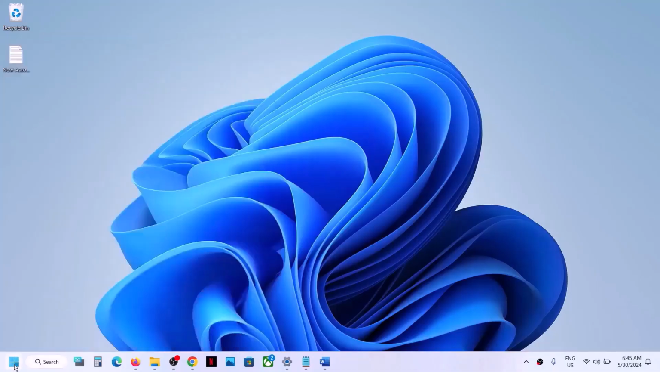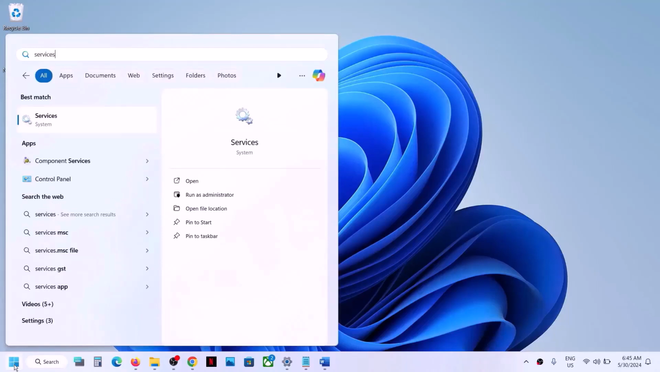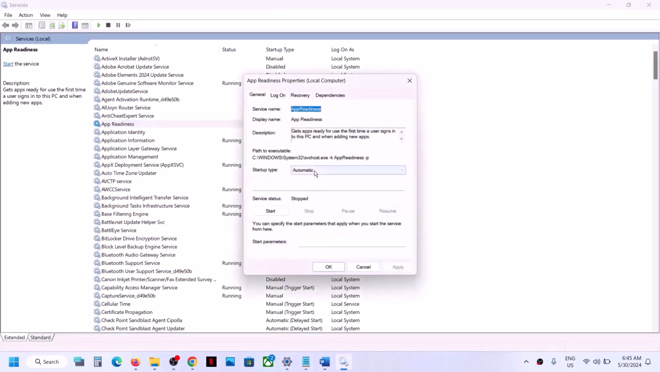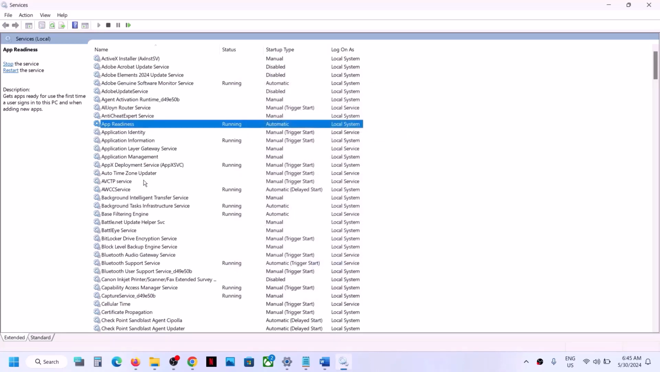The first step is to type in services in Windows search box and then click on services. Now over here you will see App Readiness service. Make a double click on App Readiness and then set the startup type to automatic. Now click on apply, click on start if highlighted and then click on OK. Now you can try to update your Windows 11, but if still you are unable to update,